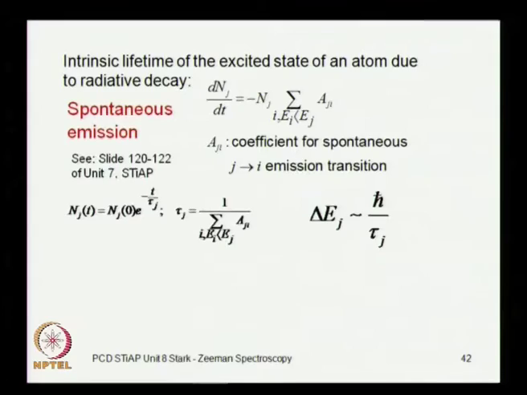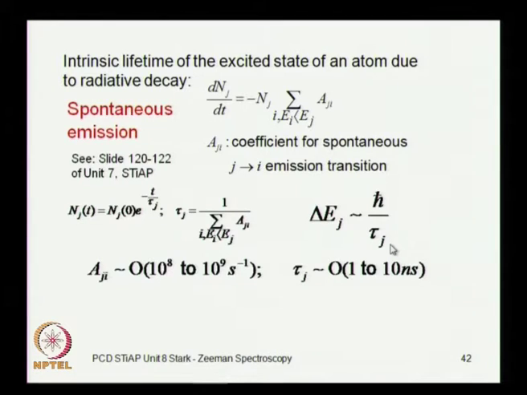That is not the reason, but because of the interaction of the quantum system with the rest of the universe, which is an unspecified degree of freedom in our problem. So, there is a corresponding width, delta E, which goes as the inverse lifetime, and these lifetimes are of the order of a few nanoseconds, okay, that is the typical